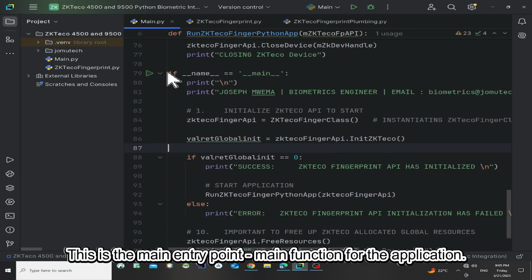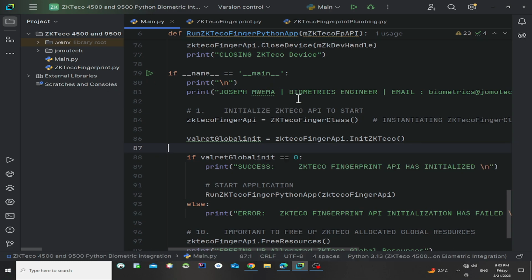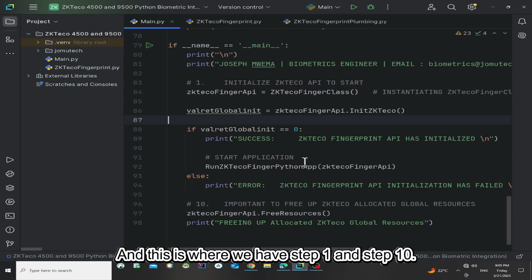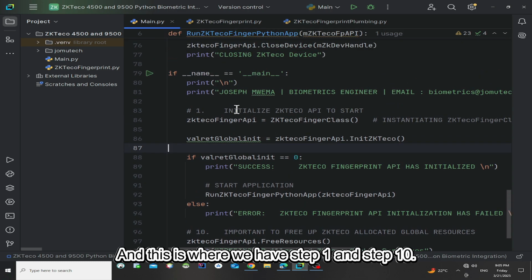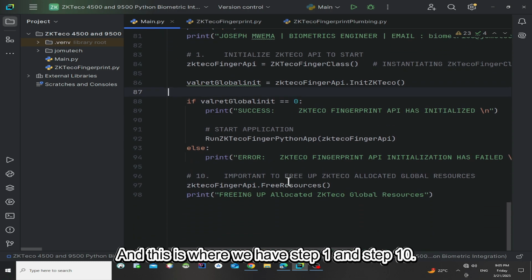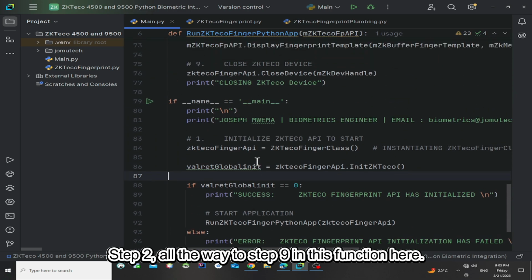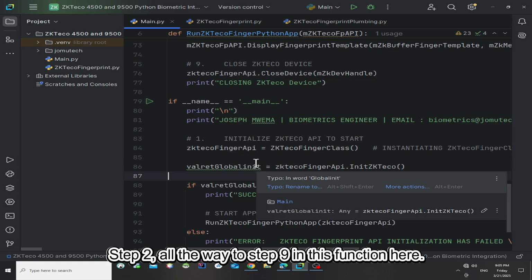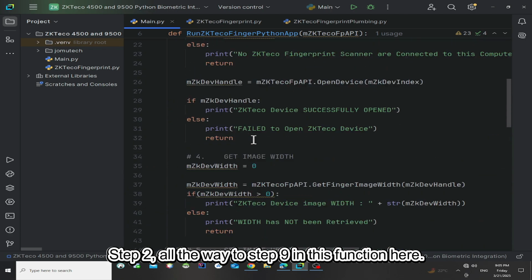This is the main entry point for the application, and this is where we have step 1 and step 10. Step 2 all the way to step 8 are in this function here.